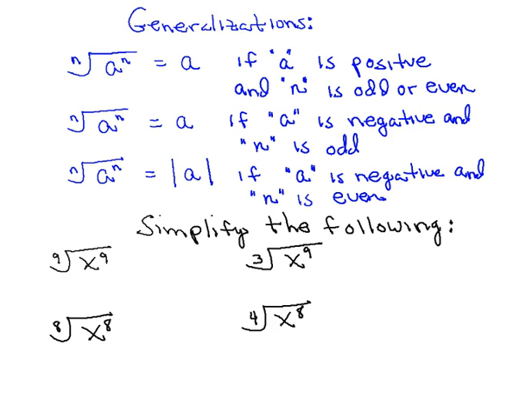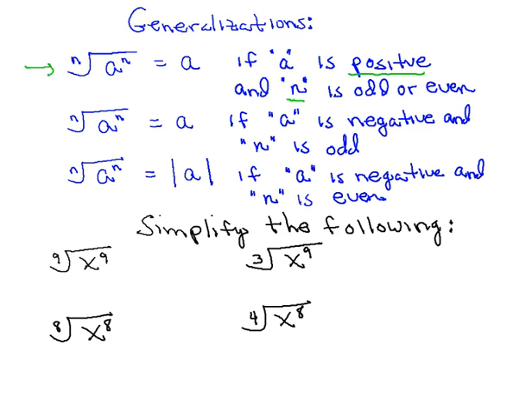Now at the beginning of this objective, you saw some specific examples of taking roots of numbers raised to a power where the power and the index were the same. So based upon those observations, let's make some generalizations now. That the nth root of a to the n will equal a if a is positive